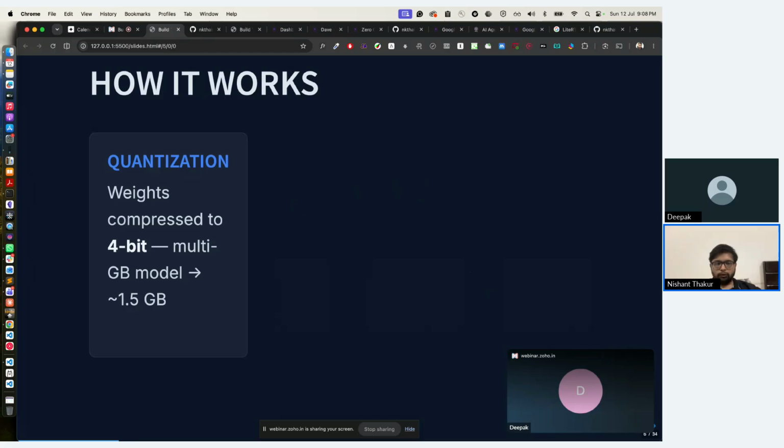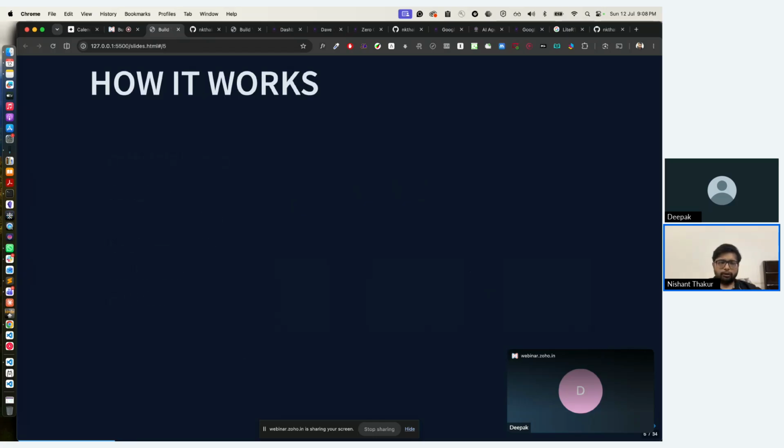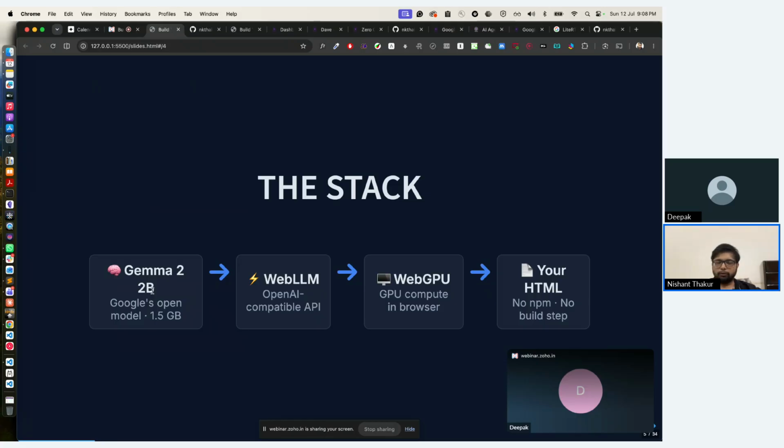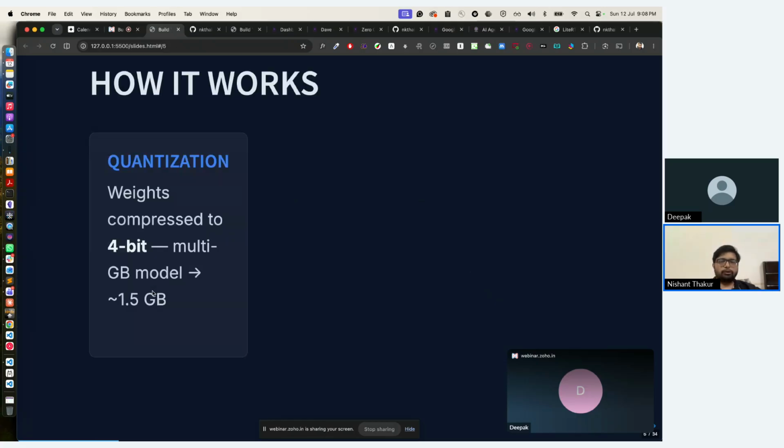So how it works. Right now the model which you have seen here, the 2 billion parameter model, will mostly be huge, but there is a technology known as quantization. Essentially, what it does is convert a big model into a very small model, and it does that by reducing the precision of all the different weights in the model. So for this particular example,